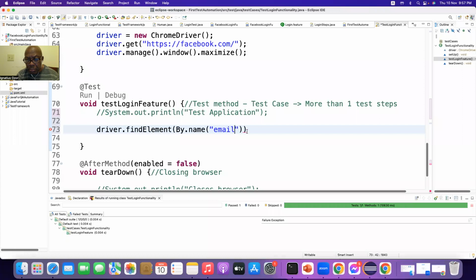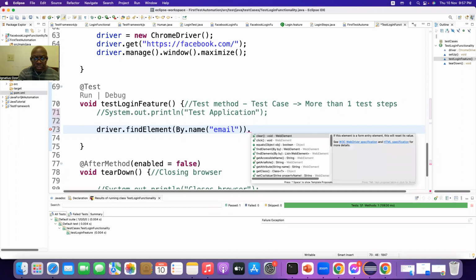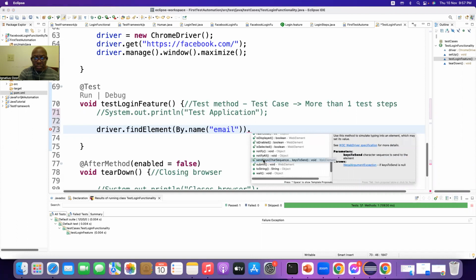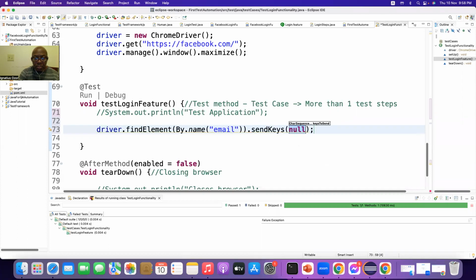Okay, so then we have another method. You see, when I put the dot operator, it's giving us a lot of methods. I just find what I need to, then I have to pass a parameter, the email address or username. To pass the parameter in Selenium, we have the sendKeys method. You see, sendKeys right here. Just double click or press enter. sendKeys is there. And what we are going to send in the username field, we are going to send an